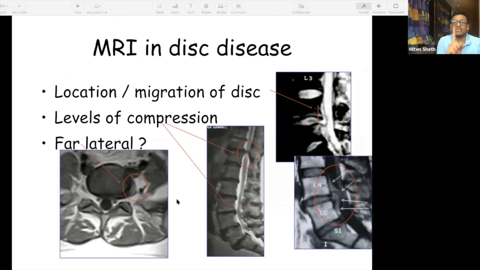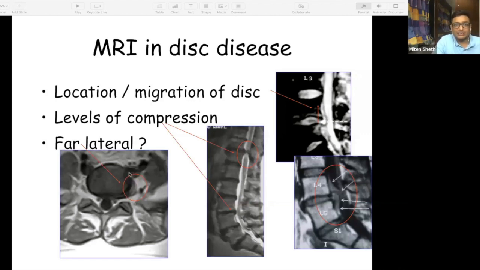You also see if the disc has migrated up or migrated down, and you sometimes see if there's a far lateral disc prolapse. So these are special disc prolapses. Now most of your disc prolapses will happen in the center, in the paracentral area. But sometimes you have a lateral disc prolapse, which irritates the lateral exiting nerve root,